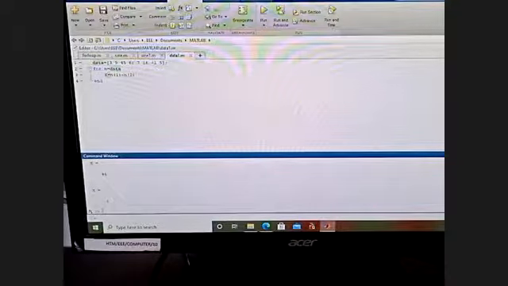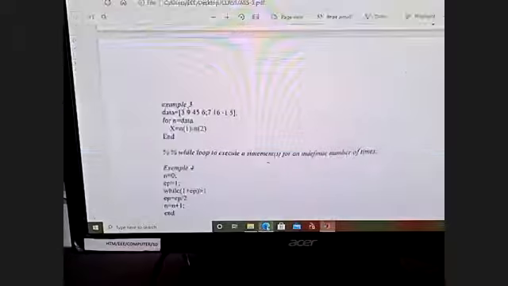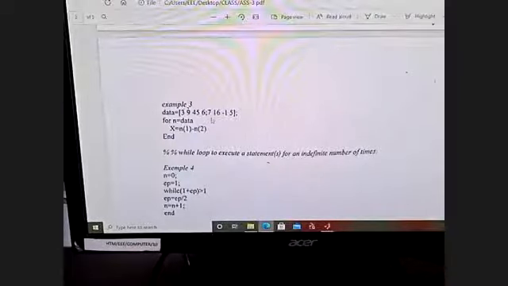Like this, the for loop is implemented. If you are not using the for loop, it will take only 3 minus 7. Only one value it will take. If you directly write this statement, it will give only one value. If you take the for loop, it will complete the loop until it has covered all the elements.